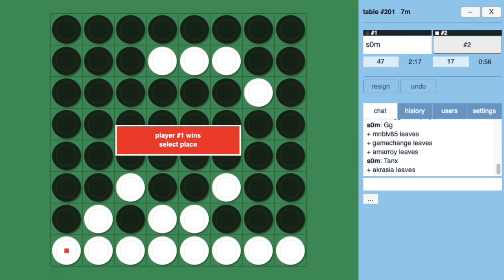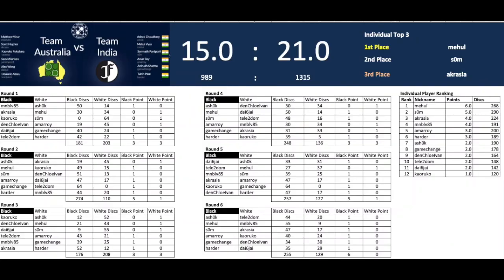And let's take a look at the final scoreboard. So right now we've come to the end of the team match between Team Australia and Team India. And of course you have the final ranking score of the team wins of 15 for Australia and 21 for India. So the discounts were 989 to